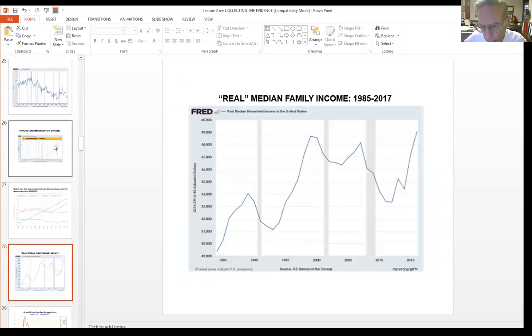Another way to look at the debt problem is median family income. And this chart, again, prepared by the Federal Reserve Bank at St. Louis, shows that median family income today, after adjusting for inflation, is about $59,000. Now, the inflation adjustment in this case, I believe, is 2000. I wish it would tell us here